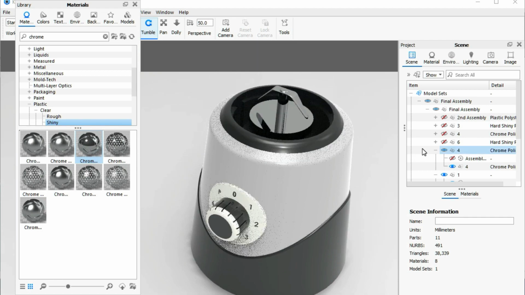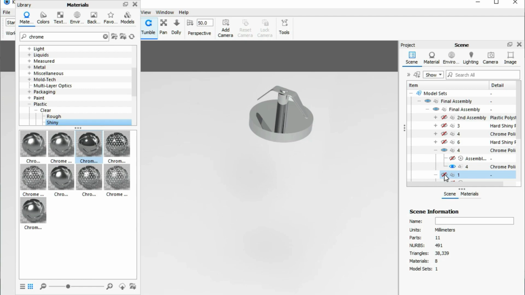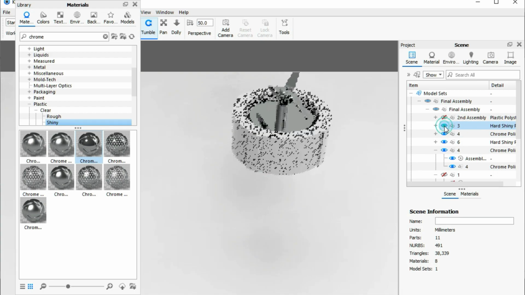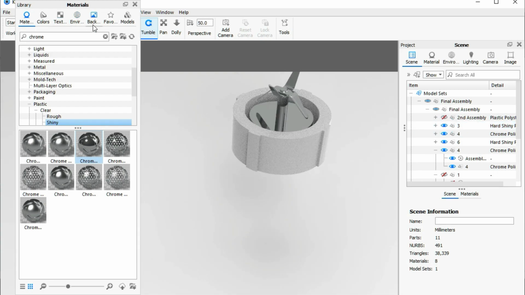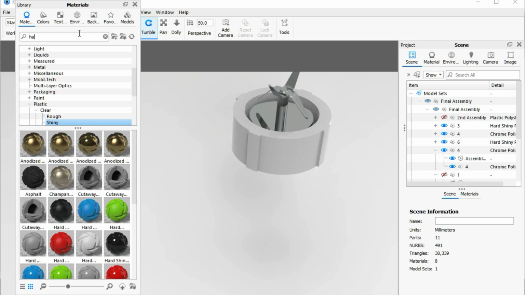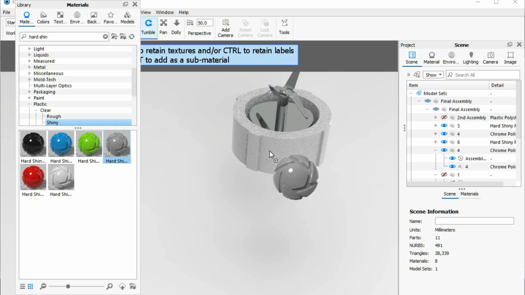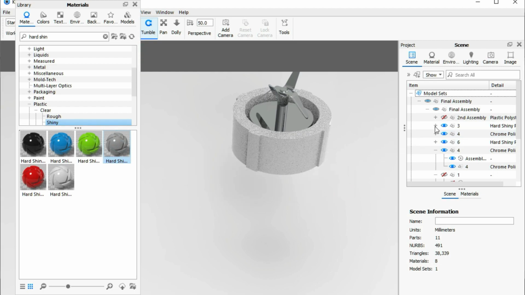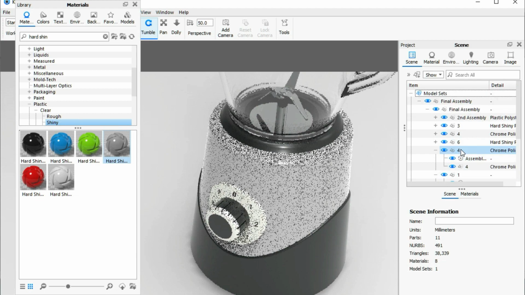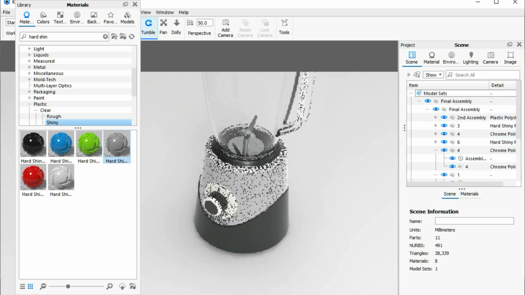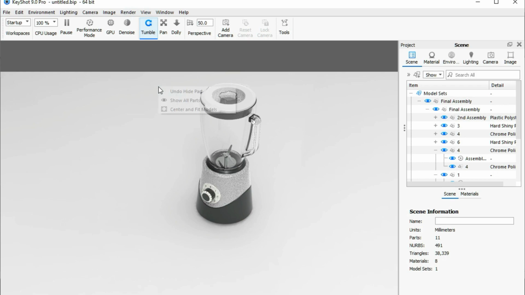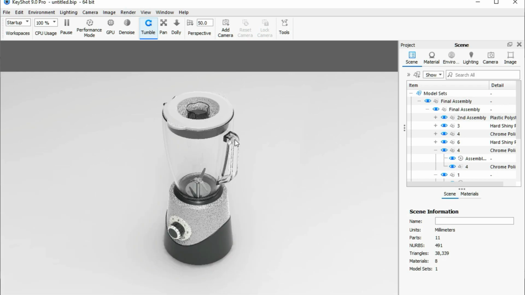Okay, and let's say we can hide this, and okay, this body will also be hard shiny plastic gray. This one, click no. Okay, now unhide all these because we have applied materials, and okay.